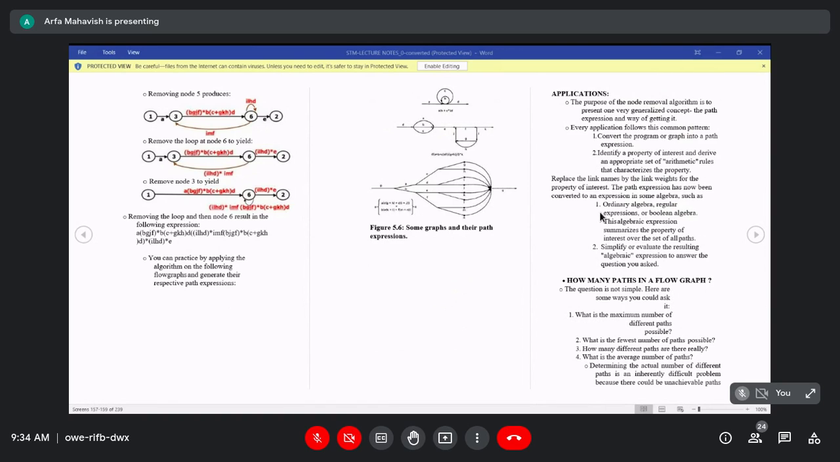Next, the set of arithmetic rules must be derived for the selected property of the path. Next, the link name should be replaced by the link weight. So the link name will be replaced by the link weight, so that the path expression will be converted into some algebraic expressions. The list of applications includes,